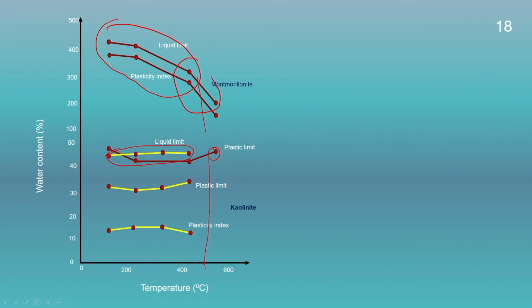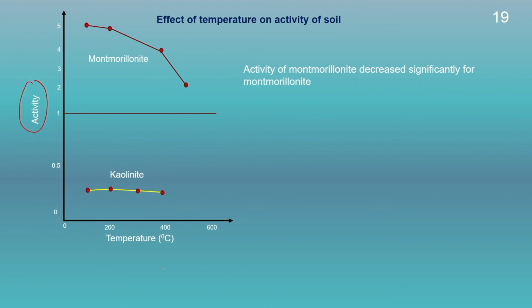But in comparison to the montmorillonite, the change in the Atterberg limits, or the liquid limit and plastic limit, is not that significant, since the activity is the ratio between the plasticity index and clay fraction. The change in the Atterberg limits and also the clay content brings down the activity of the soil. We could see here the activity of the montmorillonite decreases rapidly with increase in the temperature, whereas for kaolinite it also decreases marginally, and this decrease in activity can be attributed to decrease in